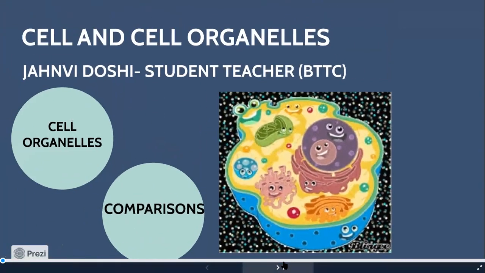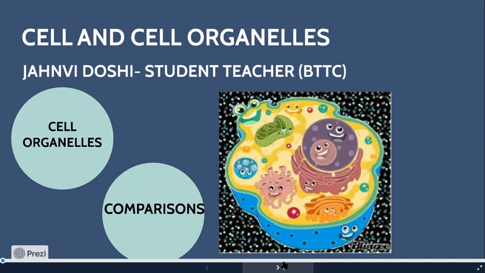So in the last class we saw the structure of the cell wall, which is composed of cellulose and pectin, and the structure of the cell membrane, which was made up of phospholipids. In addition, we learned about endocytosis, exocytosis, diffusion, osmosis, and we also studied the different types of solutions: isotonic solution, hypertonic solution, and hypotonic solution. And apart from that, we also studied cytoplasm.